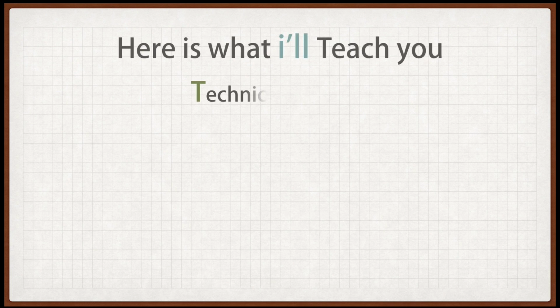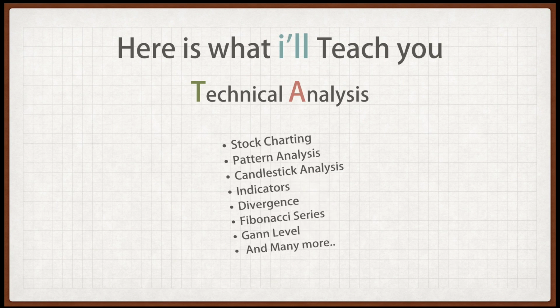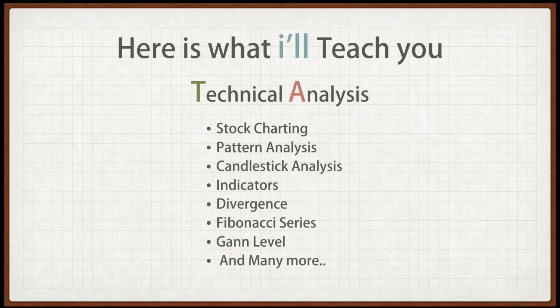We'll start with technical analysis, and technical analysis involves stock charting, which involves us plotting the prices of the stock in a chart and understanding where the stock is headed in a trend. Is it in an uptrend? Is it in a downtrend? And so on and so forth. Then we talk about pattern analysis. Then we'll move on to candlestick analysis, which helps us understand the possible reversals in the price movement. Then we'll talk about the different types of indicators people use to estimate the proper movements of the stock.